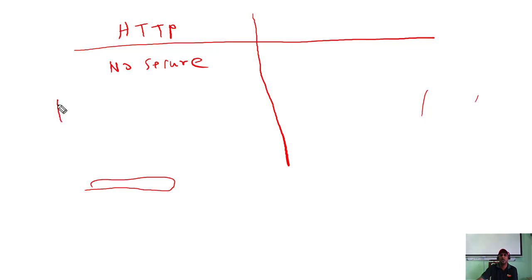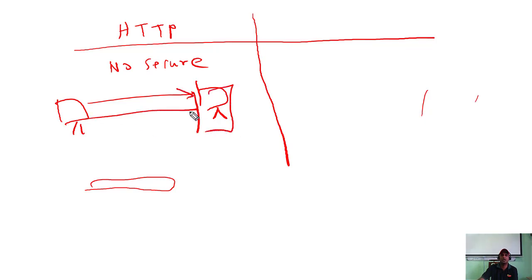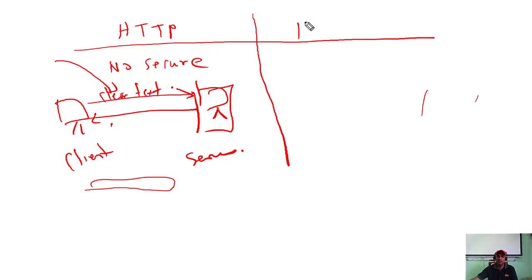So you can transfer from one location to another through telecommunication media. This is a client server architecture, right? I have taught these things earlier, right? So HTTP is not secure. That means you are going with clear text. That means anyone can intercept and get the data. HTTPS means it's a padlock symbol, right?